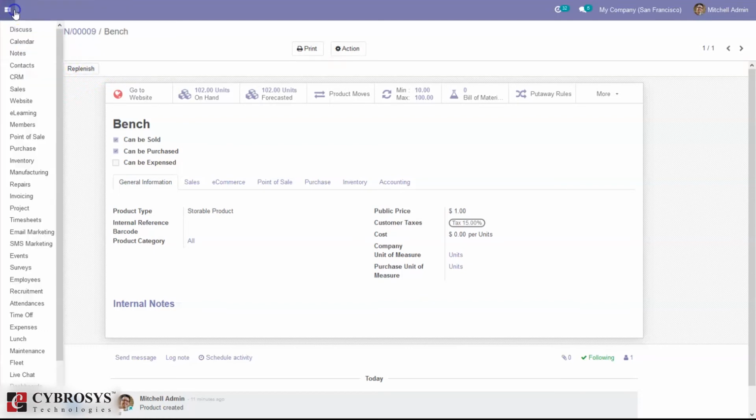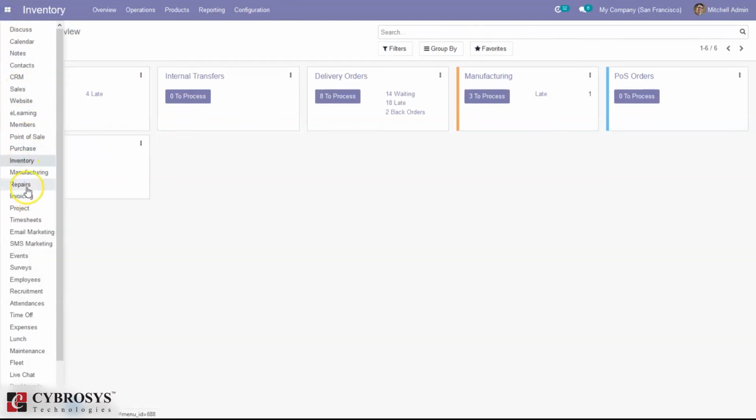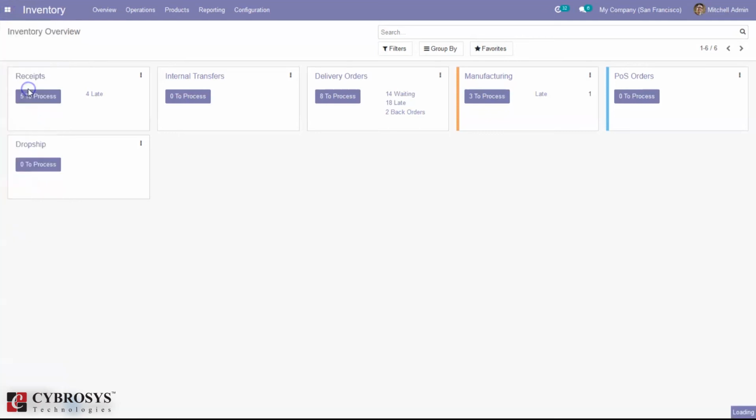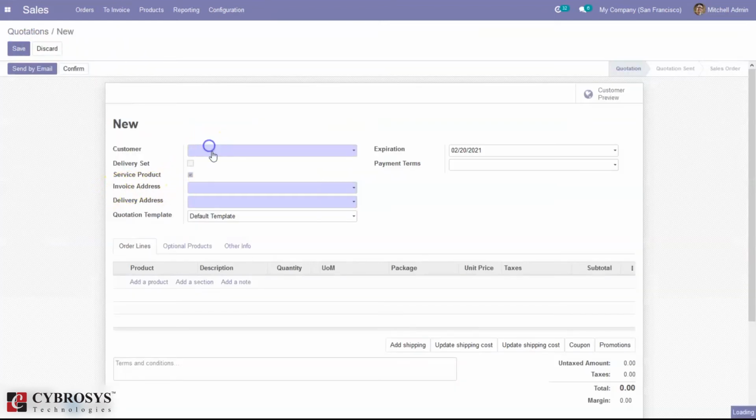Now let's come back to our inventory. Let me make a sale order for the product bench. Let me create a quotation.